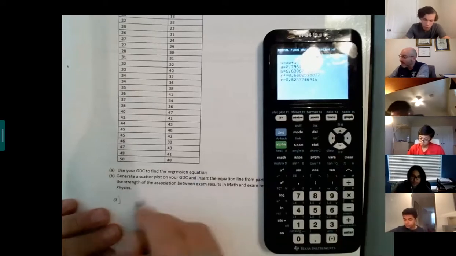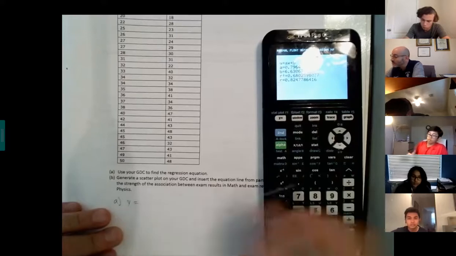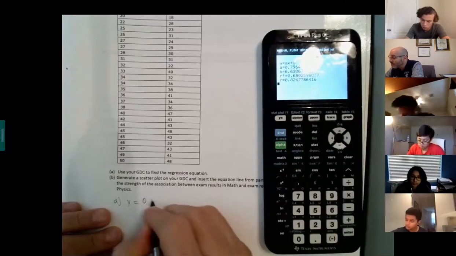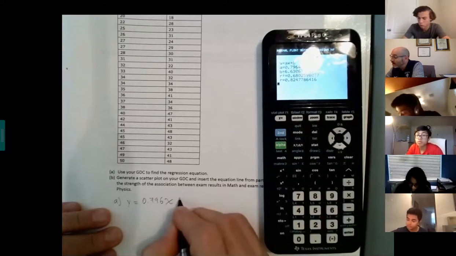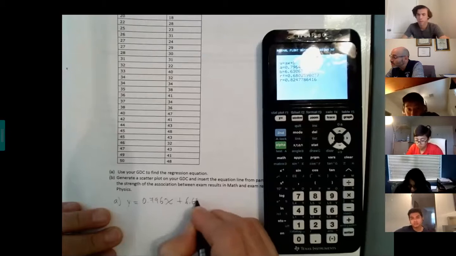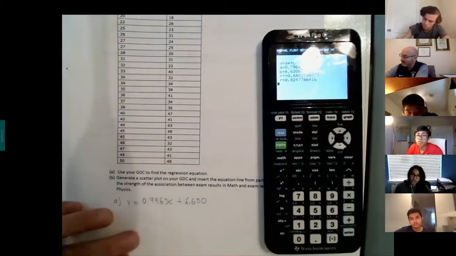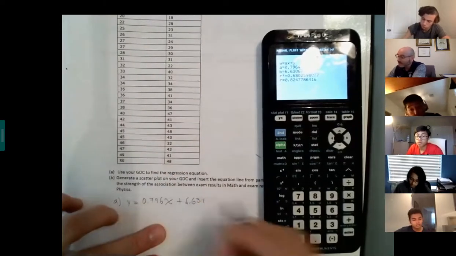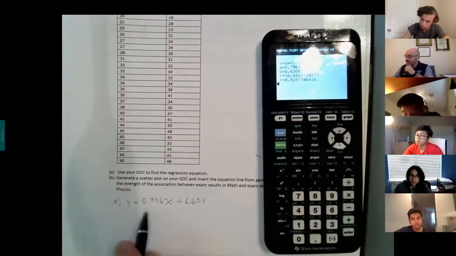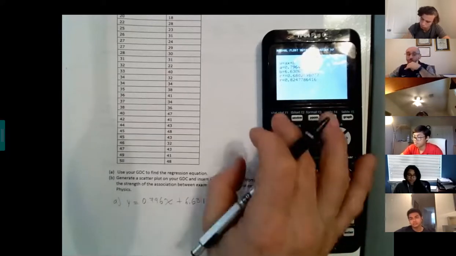I will say that A with 3 significant figures is gonna be y equals 0.796x plus 6.63, maybe 7, right? Because it's 0 and then 6, maybe 1, right? Rounding. So this is my regression line. Remember that we stored this in Y1. So if I go to Y equals,